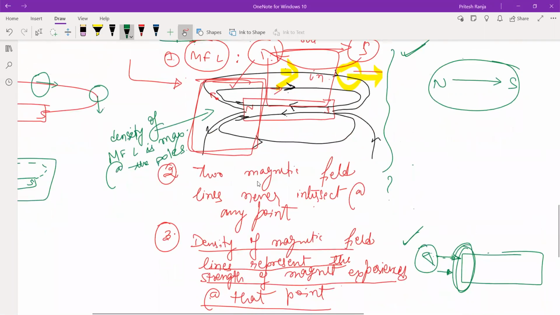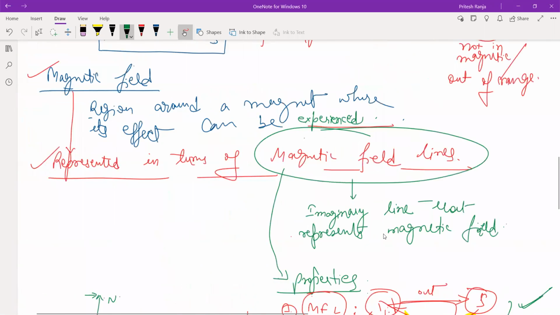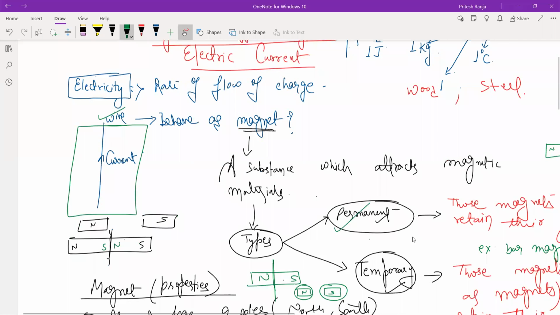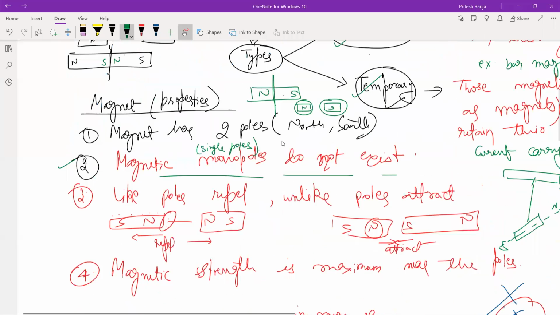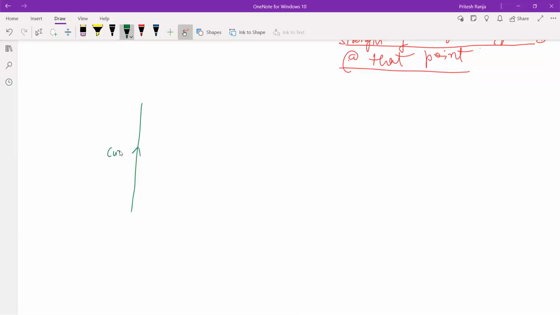Okay, so moving ahead. These were the basics about a magnet. And which kind of magnet have we been talking about till now? Of course, you must have observed that we are mainly focusing on permanent magnets. But any temporary magnet, which behaves as a magnet on a temporary basis, will also have all the properties that a permanent magnet has. Like you can see, there is a current carrying wire. Let us say this is a wire and this wire is carrying current. And this current carrying wire behaves as a magnet.